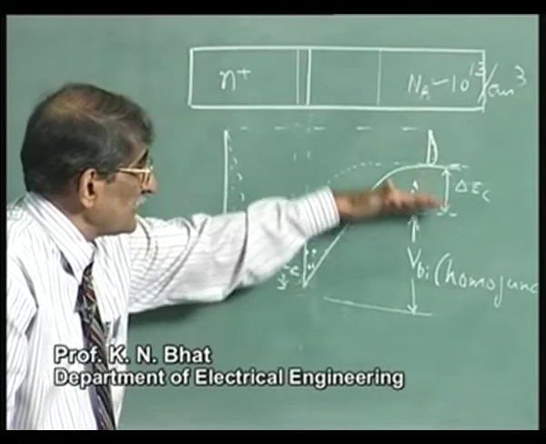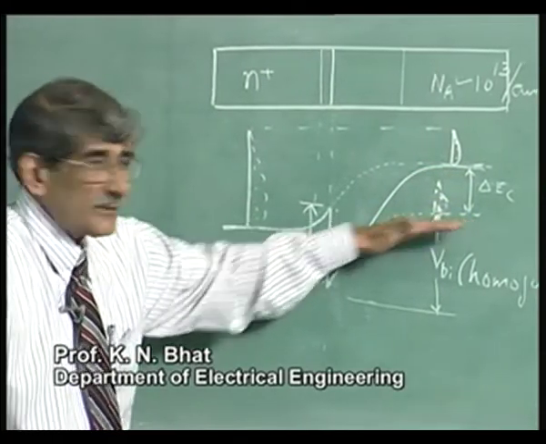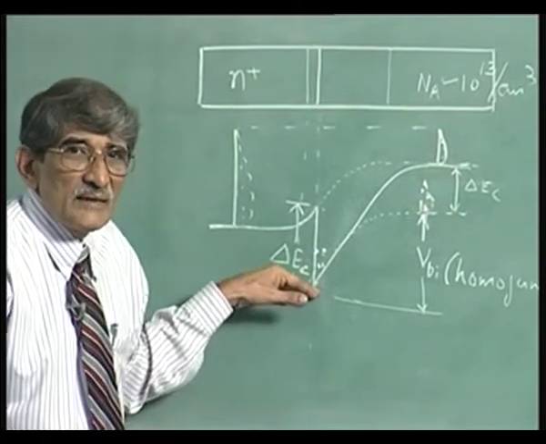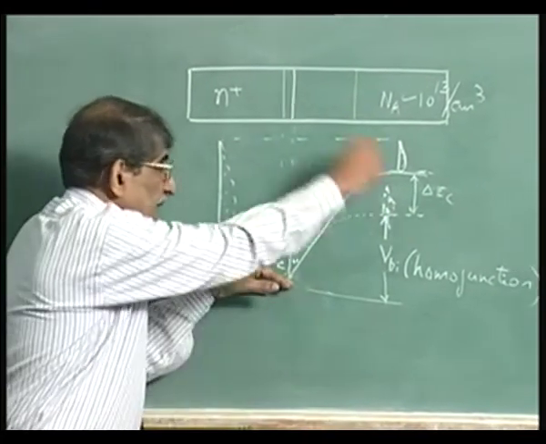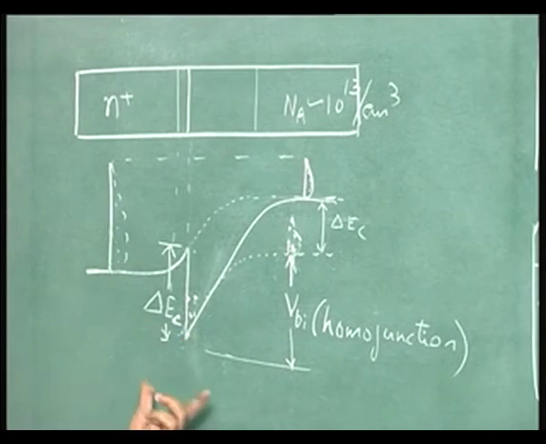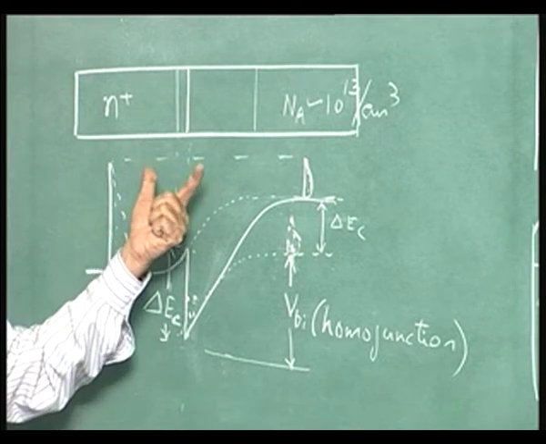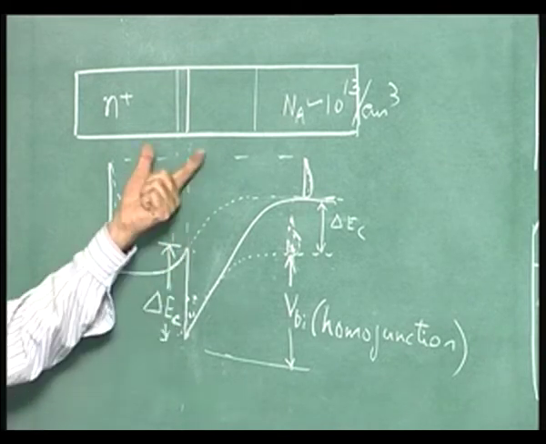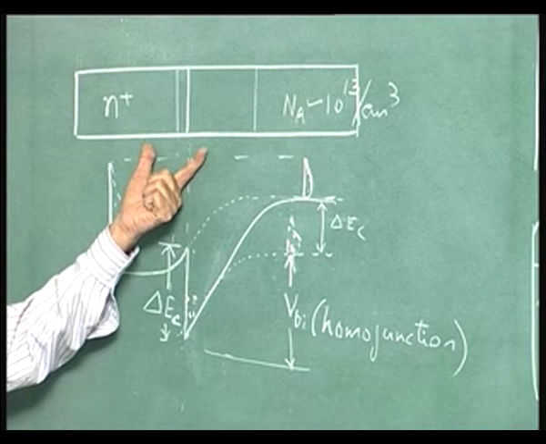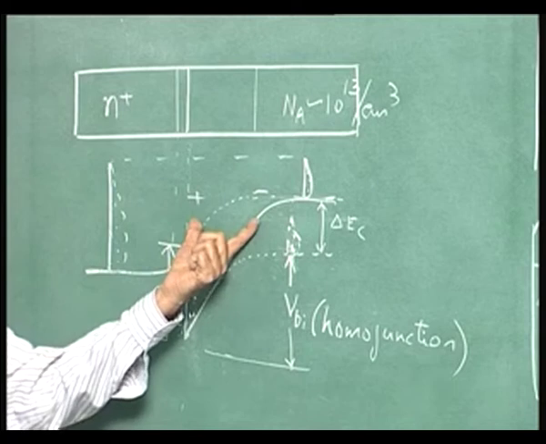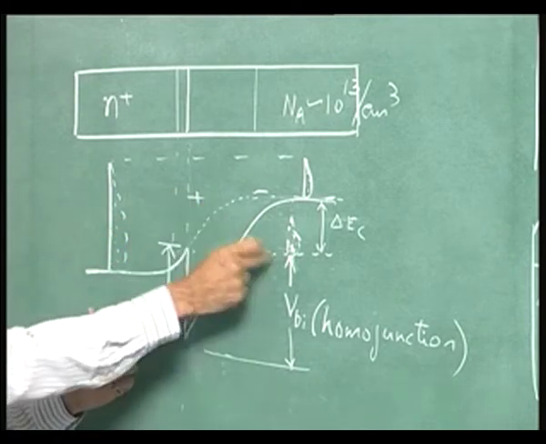Suppose I bring it down here. Suppose somehow I push this level down here, how can you do that? The electrons will have to be removed from there. You have to bias this junction. Okay. If I forward bias this junction, we will recall this when we discuss the HEMT. If I forward bias this diode, what will happen? See, now the potential is plus minus here. If I apply plus here and minus here,